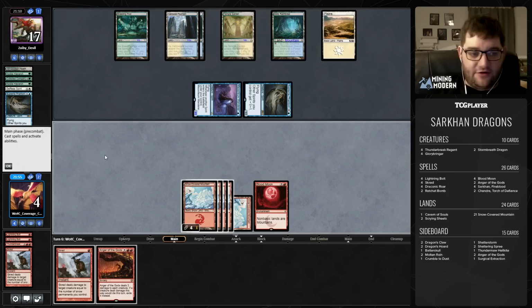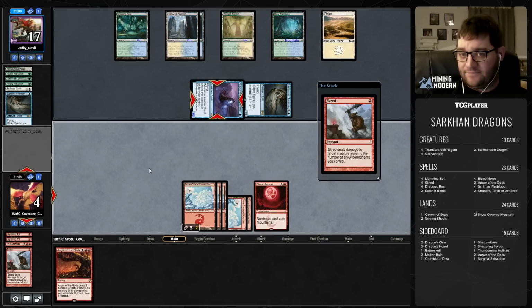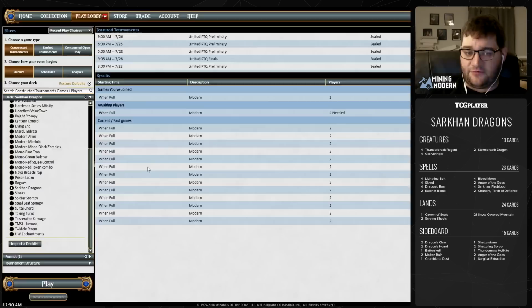Thing is, they can actually counter my Anger the Gods. And I think I just have to Skred the Mausoleum. Maybe I should just Skred the Super Mausoleum Wanderer a million turns ago. I don't know. You could also argue that I should have played Anger there. I guess one of the things my opponent could actually get us with...